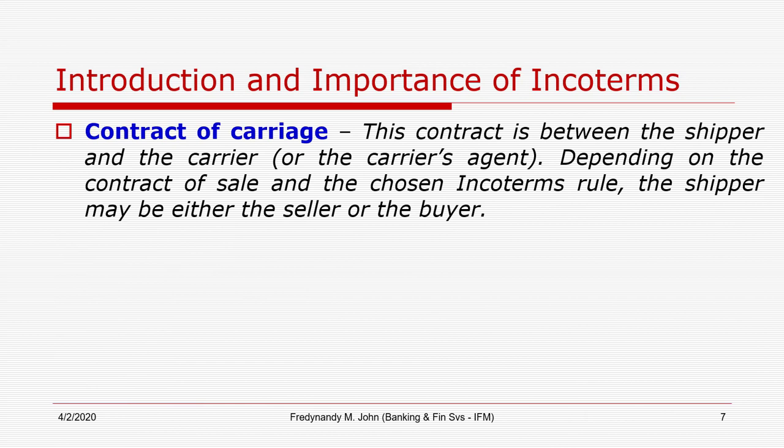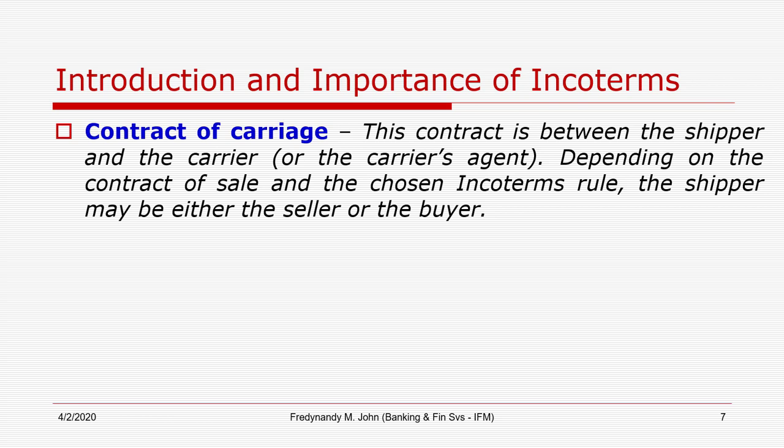Now the contract of carriage is an agreement between the shipping company and the exporter on behalf of the importer, or the importer himself. Of the 11 INCOTERMs, not all INCOTERMs will require the presence of the importer during the signing of the contract of carriage. That is to say, there are some other INCOTERMs that will allow the exporter to act on behalf of the